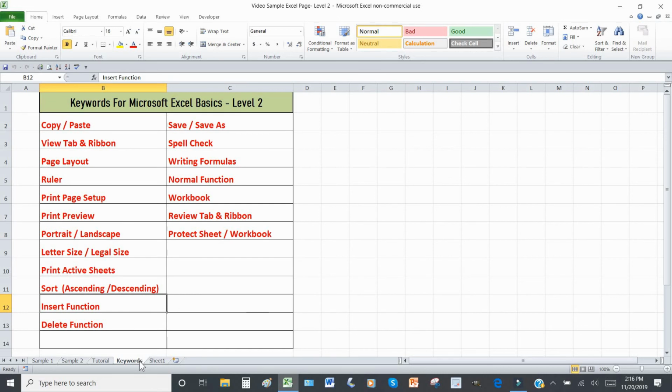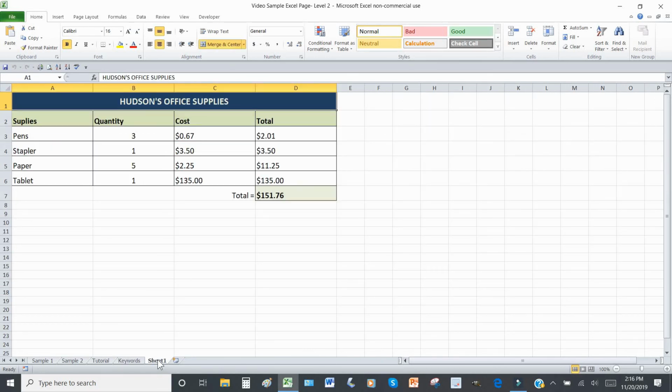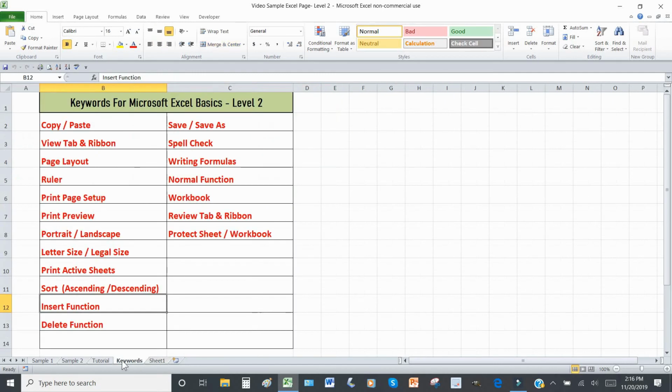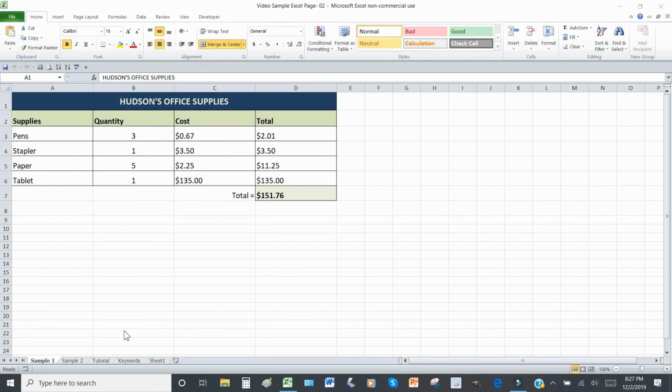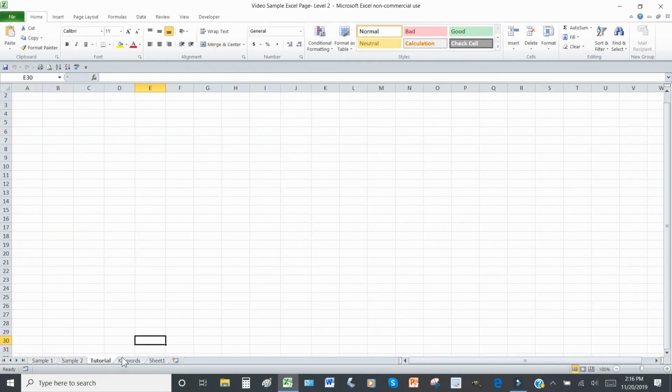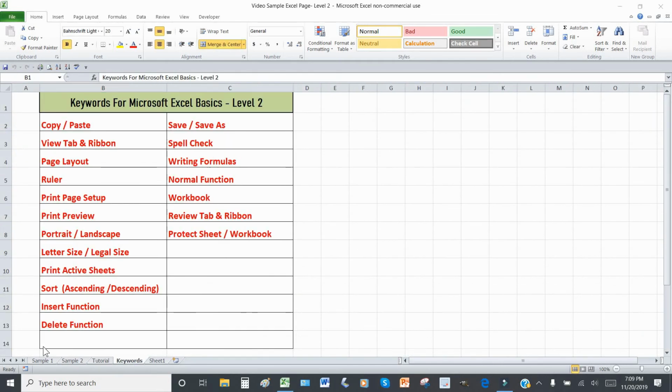Now, if we were only going to be using one sheet, and everything that we were going to be doing would be on sheet 1, as you can see here, this would be a worksheet. But because we're going to be going between sheets, and these sheets all have names, which is sample 1, sample 2, tutorial, and keywords, this project is now considered part of a workbook,